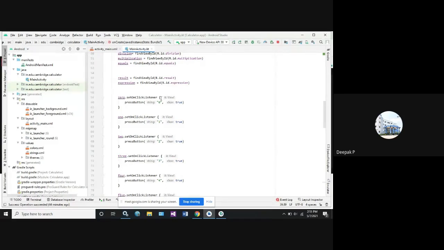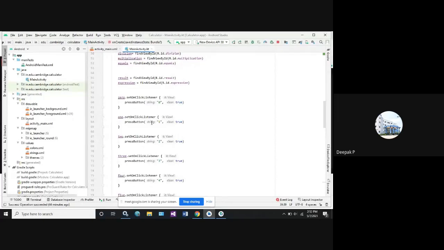In the listening part of Android, we have two things: one is on click listener, and the other is just on click. On click means when the user clicks on a particular screen or a button, what it has to do. Whereas on click listener is an interface that waits for someone to click. The user has already clicked, so what does it have to load? Once it is enabled, it equals view.